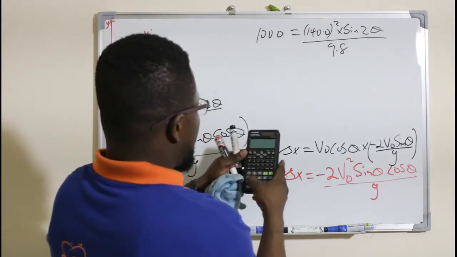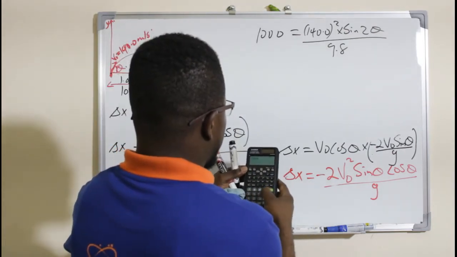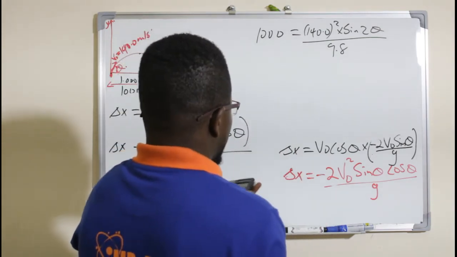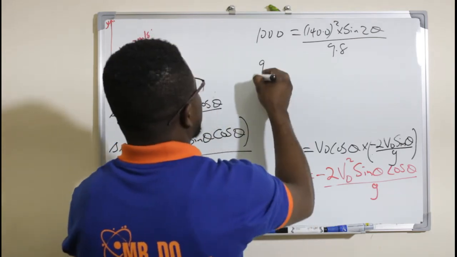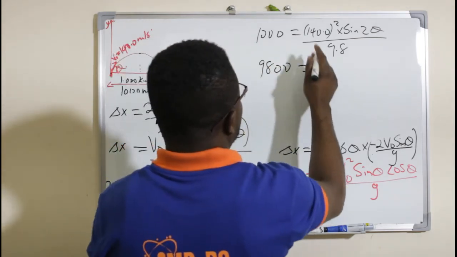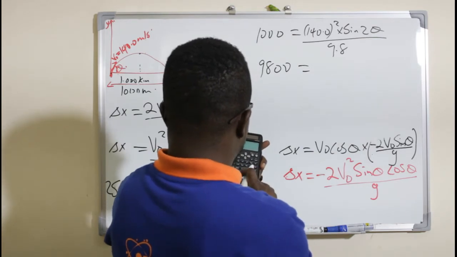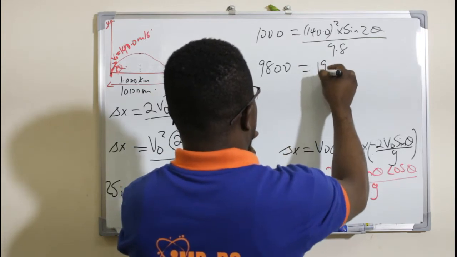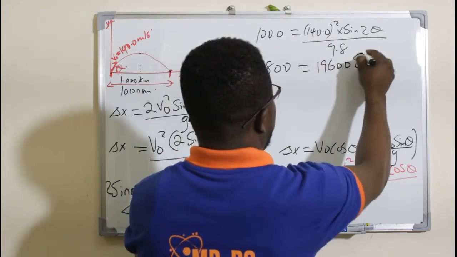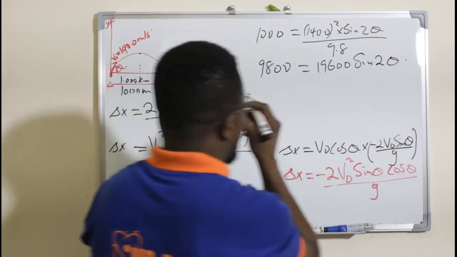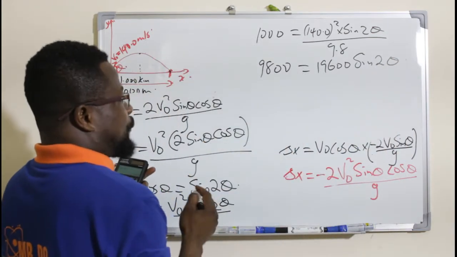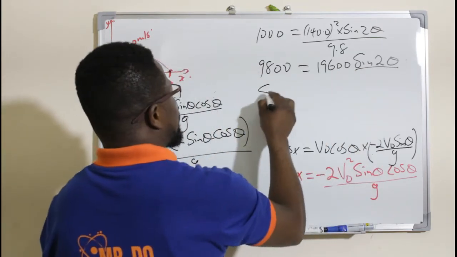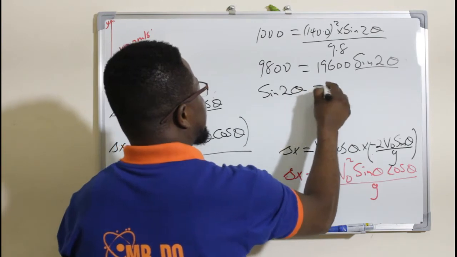So we're going to have 1000 multiplied by 9.8, which gives us 9,800, equals to, let's square the 140, we are having 19600 sine 2 theta. Right. What is it from this point here? We want to find this, so I need to divide through by this. So sine 2 theta is now equals to